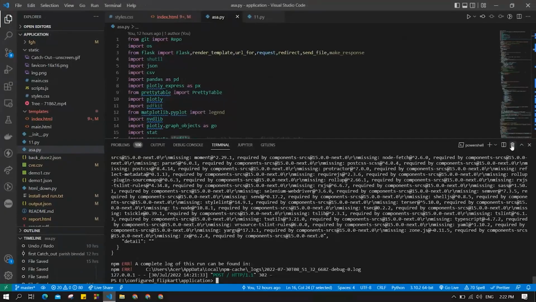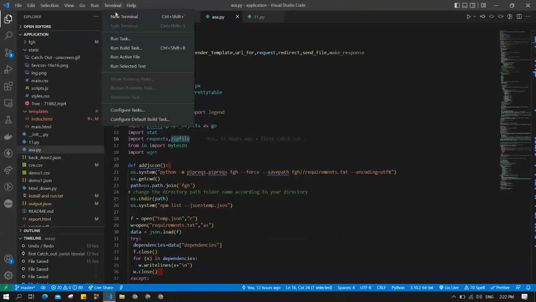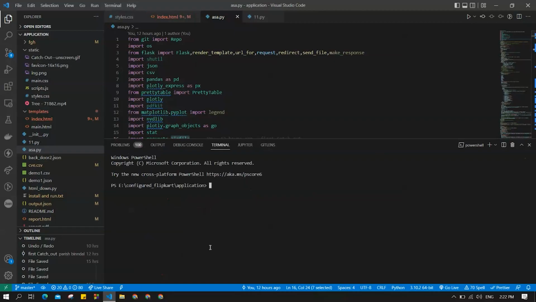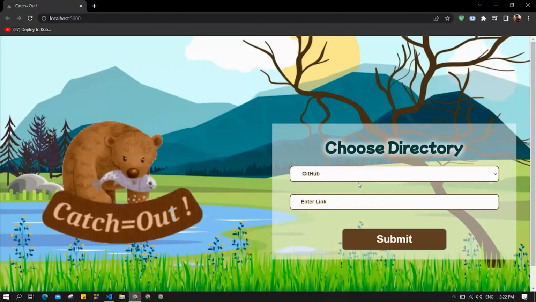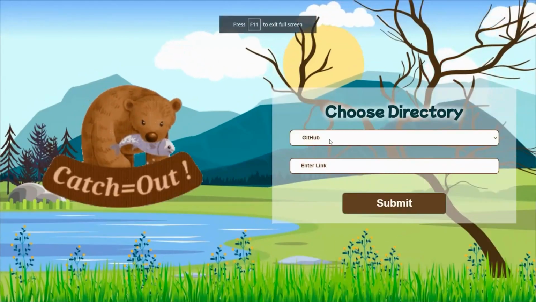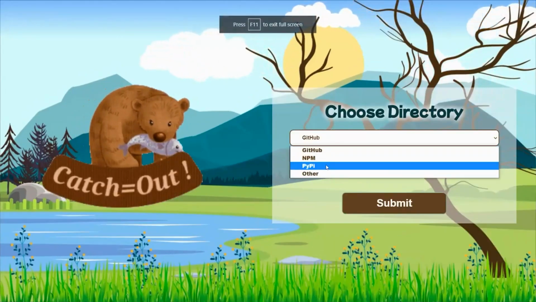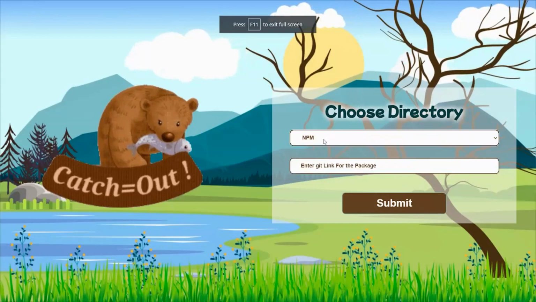After unpacking the zip file of our project, the first thing one needs to do is to run the asa.py file after installing all the requirements necessary to run the project. The asa.py file will initiate the Flask server and you will get a link for the localhost on which the web app runs. On the main page of the application, we have the option to select from the repository